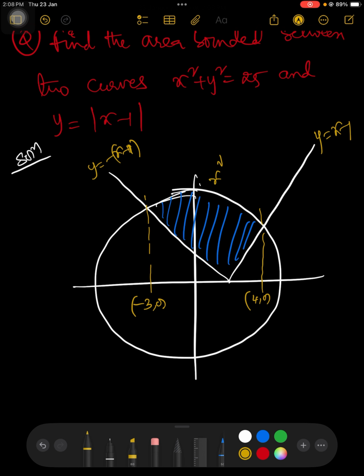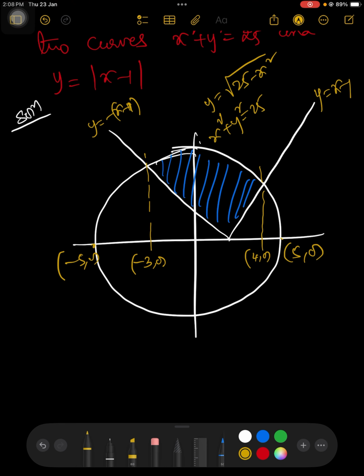So that is x square plus y square equal to 25. We can say that y equal to root over 25 minus x square. Now, this is minus 5 comma 0 and this is 5 comma 0. Now here from above completely we have to find the area above the x-axis, so that it will be a semicircle,